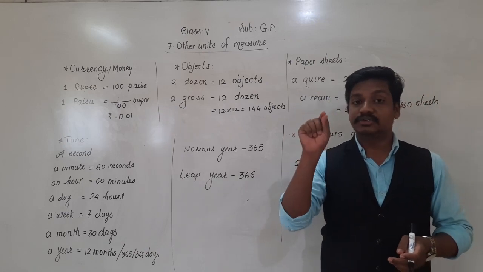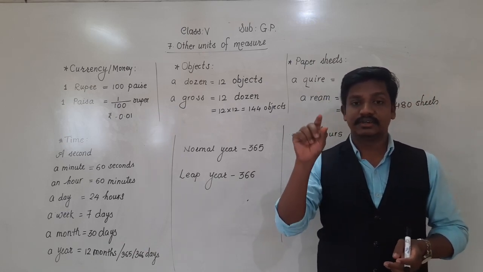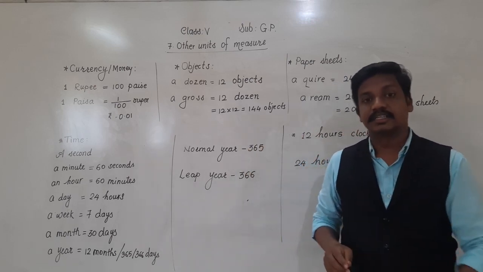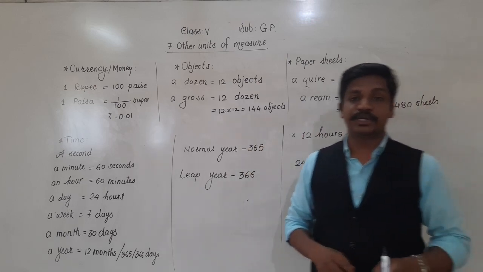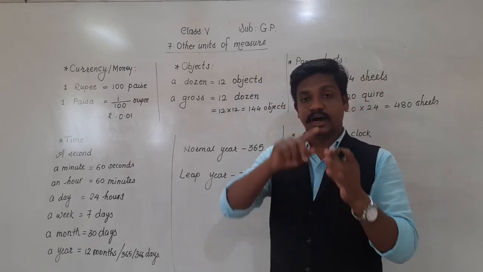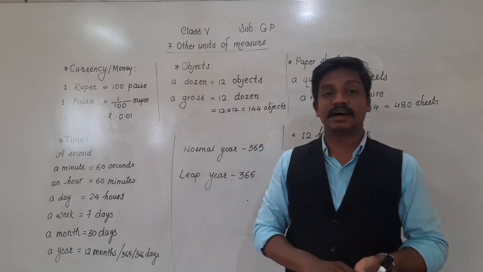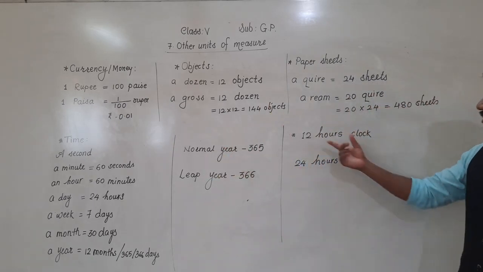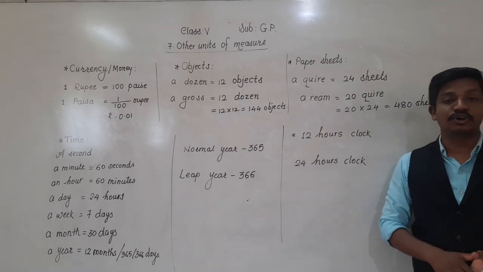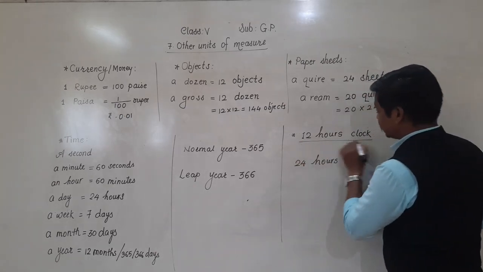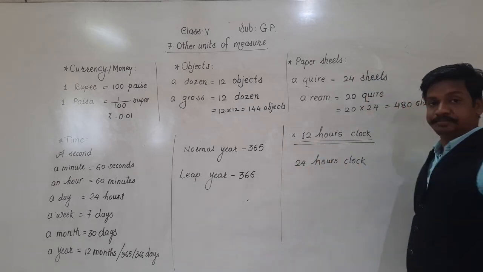Again, they do not count 1. It is counted as 13 hours, 14 hours, 15 hours, 16 hours, till 17, 18, 19, 20, 21, 22, 23, and midnight 12 is 24 hours. Okay. Again, a new day starts with 1 hour, 2, 3, 4, likewise. But mostly the clock or watch we have at our home is this 12-hour clock.